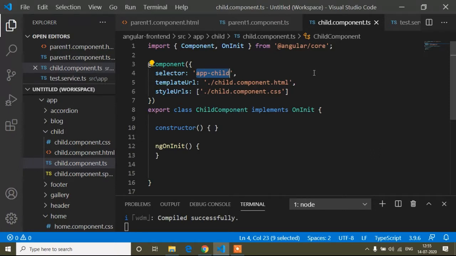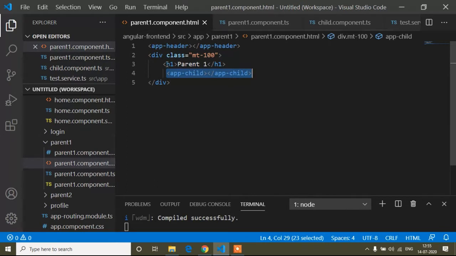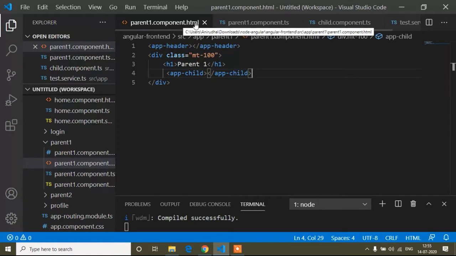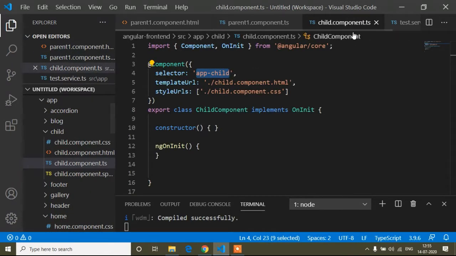import. So first of all, to show the example of subject and behavior subject, here I will show what I have done. This is the parent one component.html file, and here I have written an h1 tag with the text parent one, and inside here I call app-child, the child component.